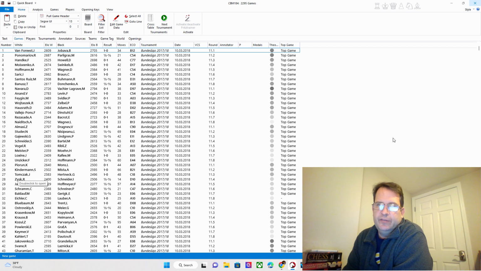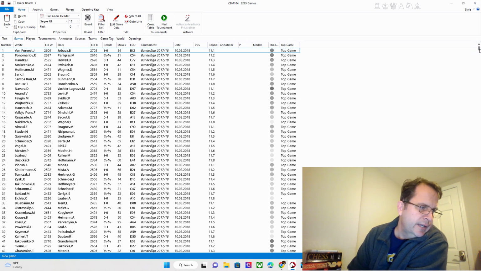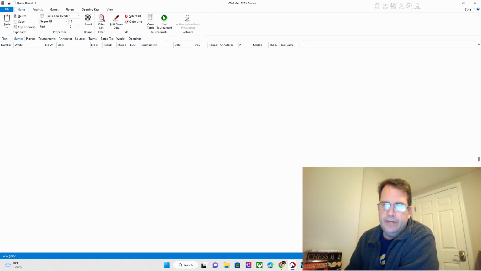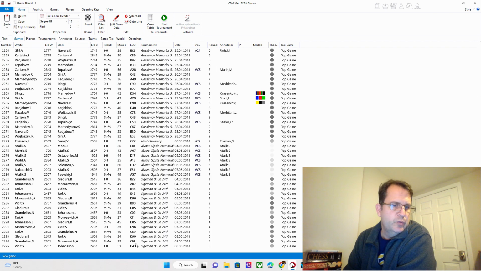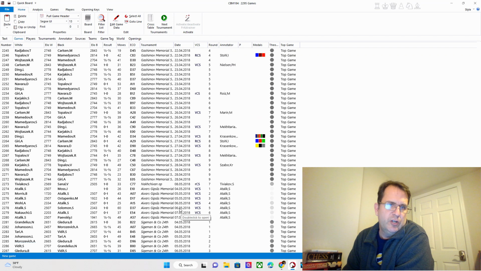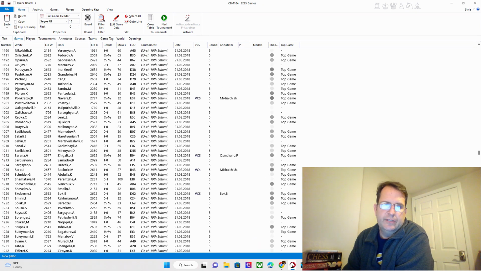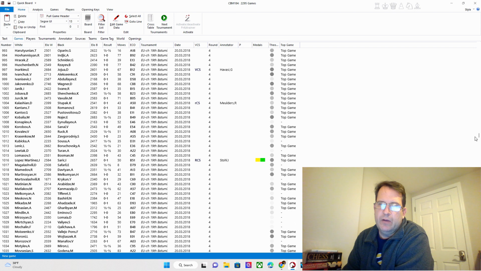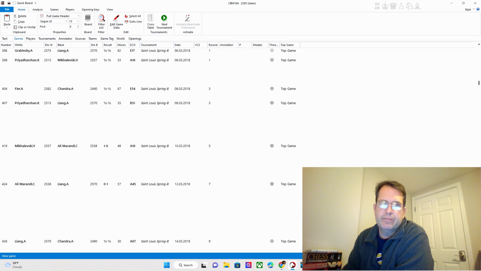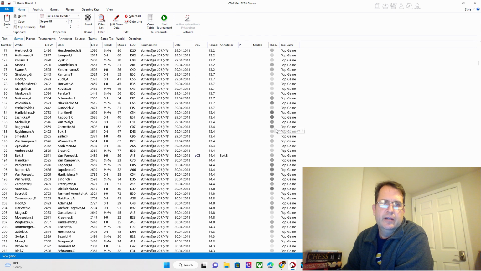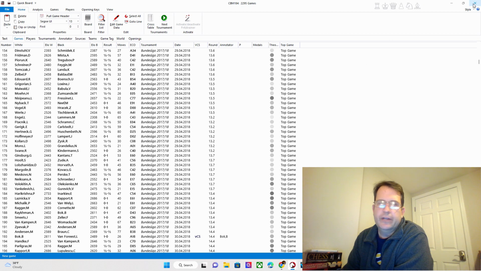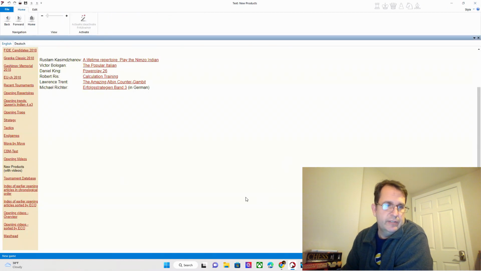Here's a tournament database. This particular database in this, what I say is a June-July issue 2018 comes with the database. There's 2,200 games in this database. You can see all of the tournaments that these games come from. It's just incredible, the amount of games, information, all within this one issue. And every issue is like this.